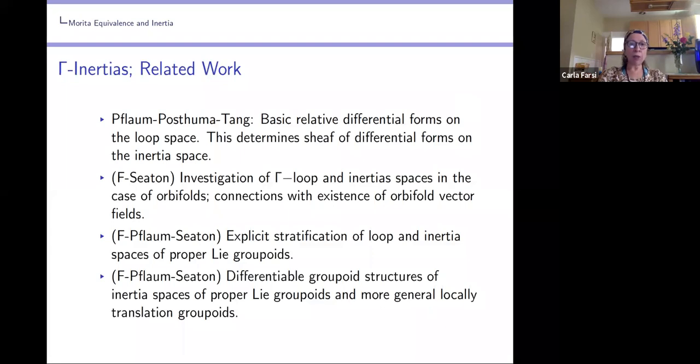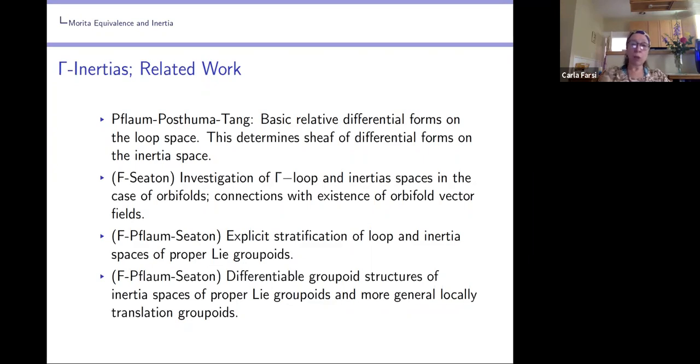And then Chris and I have been investigating the orbifold case. In previous papers, we didn't investigate the case of a compact group action as much, and certainly not proper groupoids, but we did investigate the Euler characteristics of orbifolds in several contexts. And then I would like to mention the papers that Chris and I have written jointly with Marcos, in which